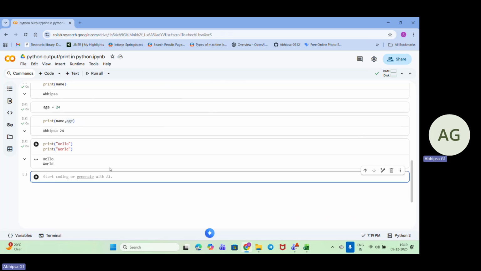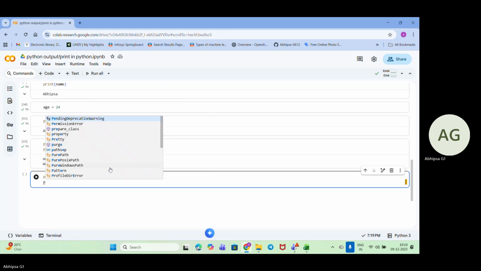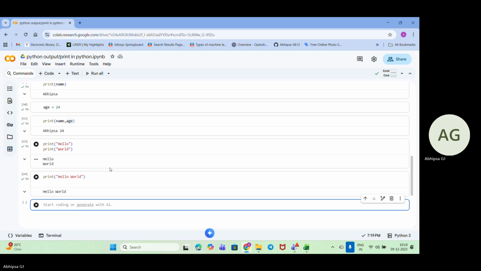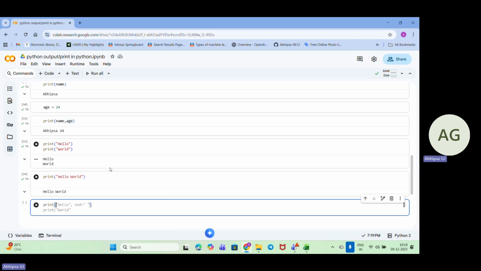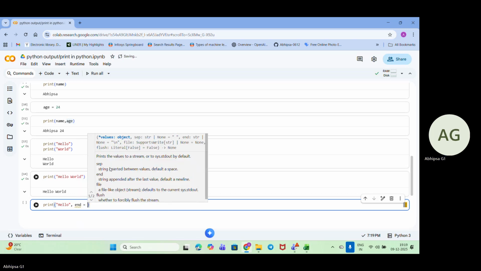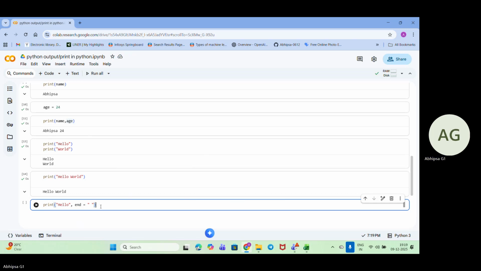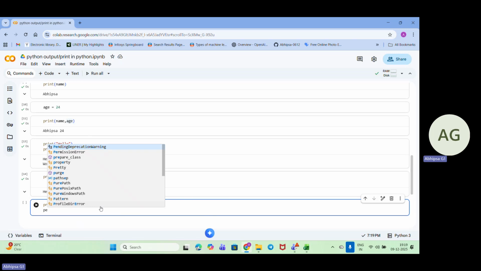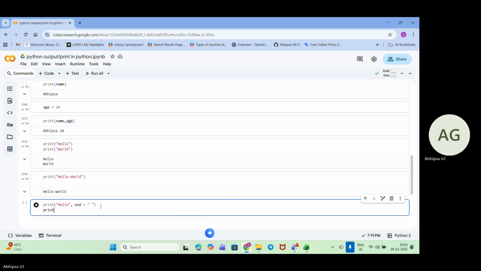Either I'll write print "hello world", or I can use another option, that is print hello, now I will be using end, and beside end I'll write print world.